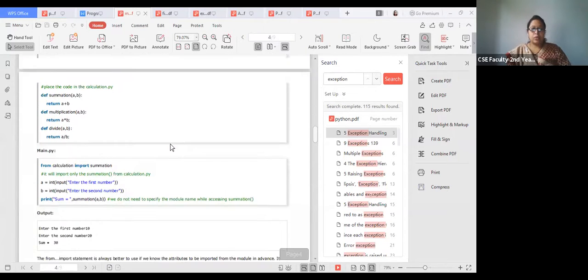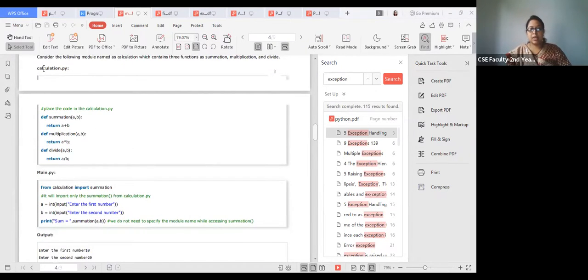Okay, so here in this case you can see calculation.py. In this case you can see summation is one function, multiplication is the second function, division is the third function. If you use all three functions, then in this case you have to write only import file, so that you can use any function from these three functions.